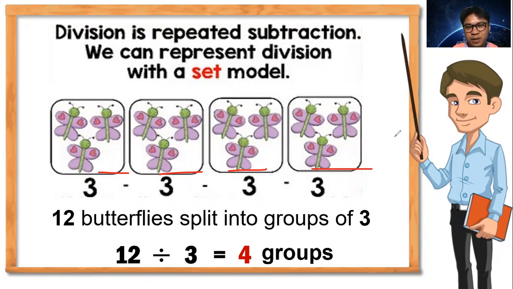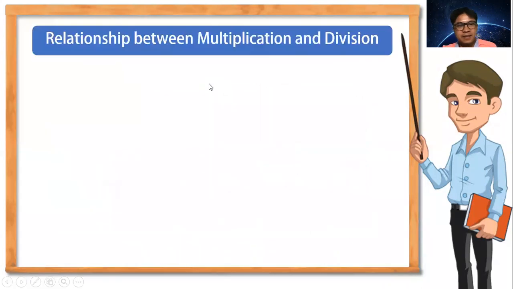12 minus 3 equals 9. 9 minus 3 equals 6. 6 minus 3 equals 3. 3 minus 3 equals 0. So 4 groups. Okay. Next here, let's review the relationship between